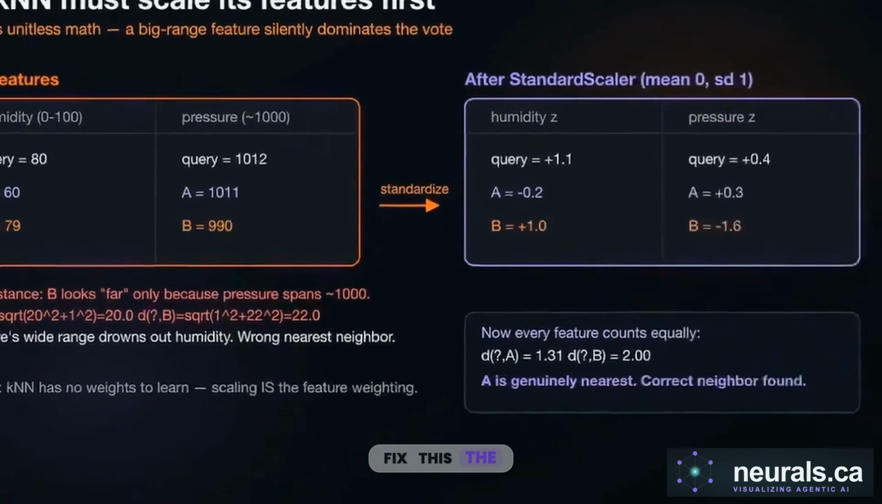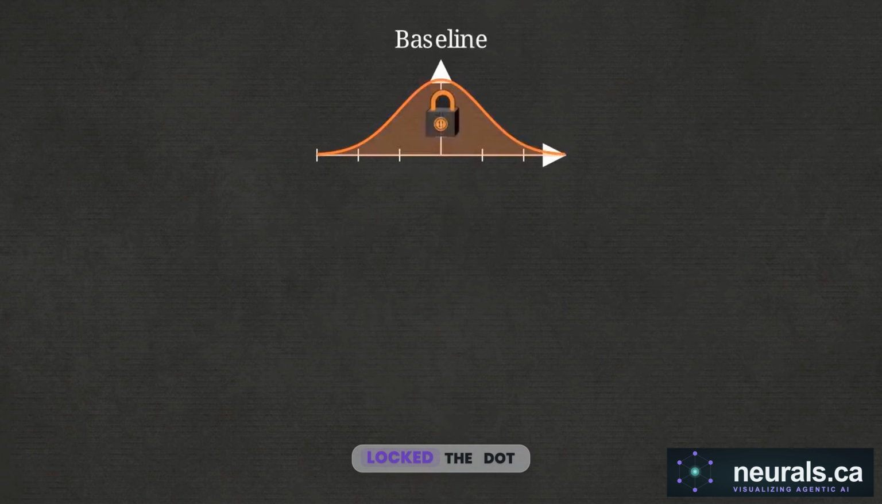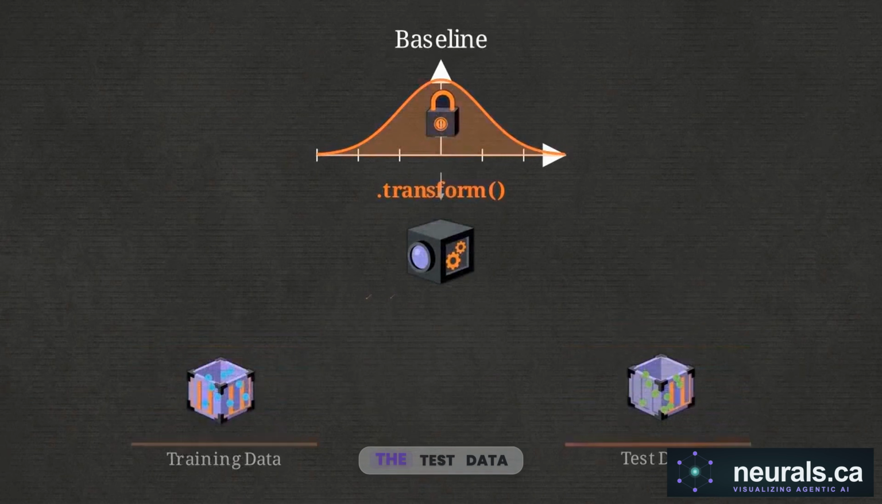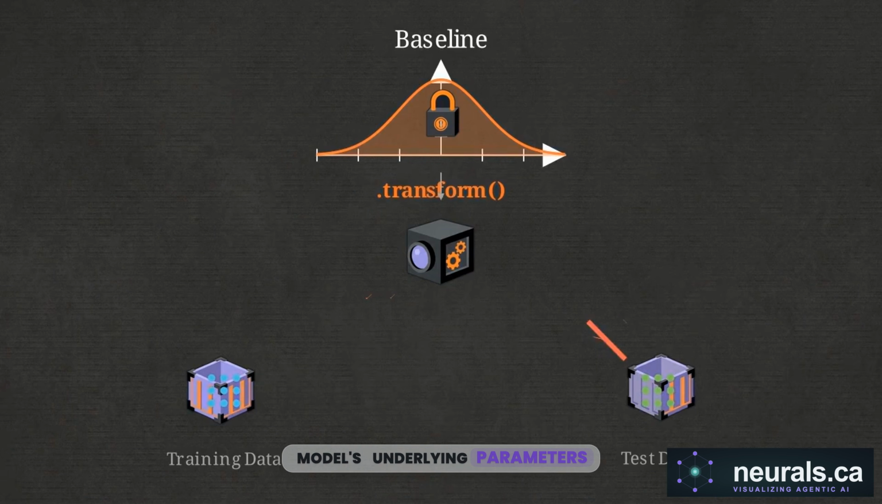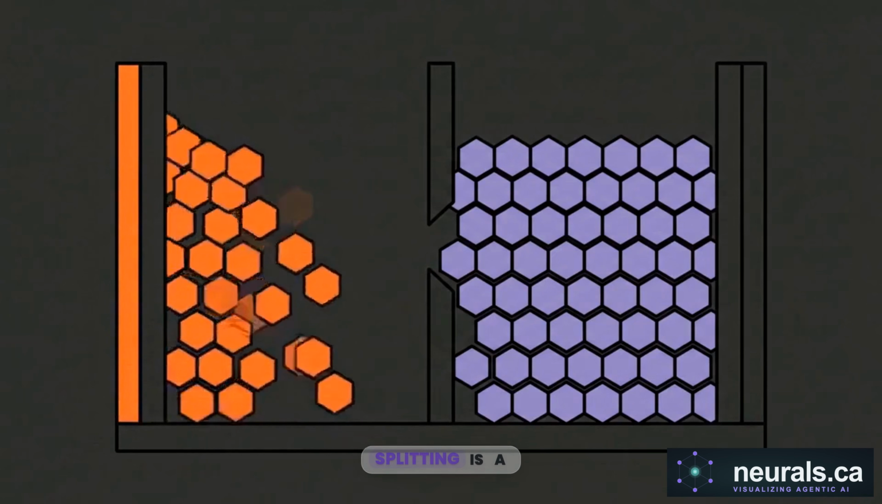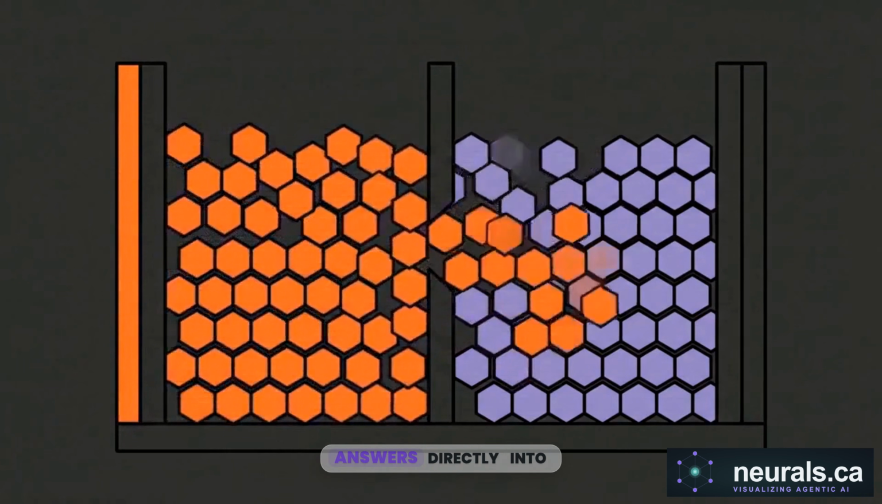To fix this, the .fit command is executed exclusively on the training set. This calculates a baseline, creating normalized z-scores, where both features count equally. Once that baseline is locked, the .transform function applies the scaling to both sets, ensuring the test data is properly scaled without altering the model's underlying parameters. Fitting the scaler across the entire dataset before splitting is a massive bug, quietly leaking future test answers directly into